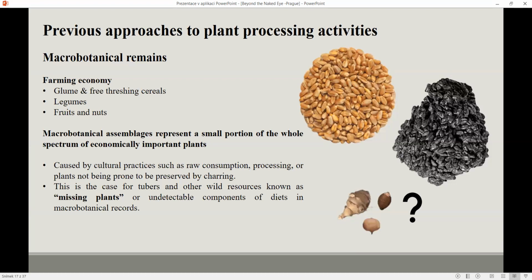There are other causes that may prevent the incorporation of other plants in the archaeobotanical assemblage. For example, raw consumption, processing, or there are some plants that simply are not prone to it. They don't preserve by charring. This occurs with leaves, some fruits, underground storage organs. And all these components, we always hypothesize they must be there, but because we don't have evidence in the botanical record, these are usually known as the missing plants or the undetectable components of diets in macrobotanical